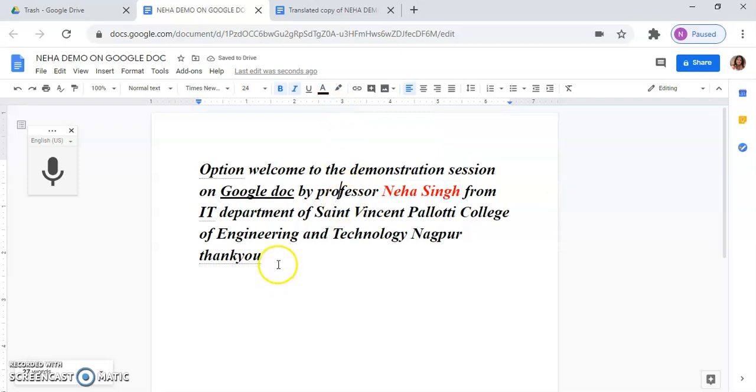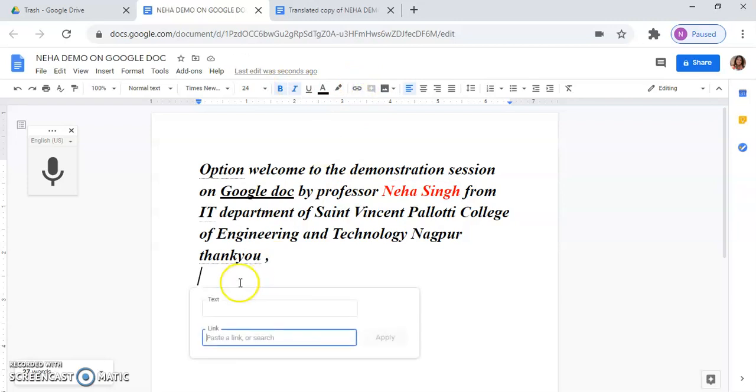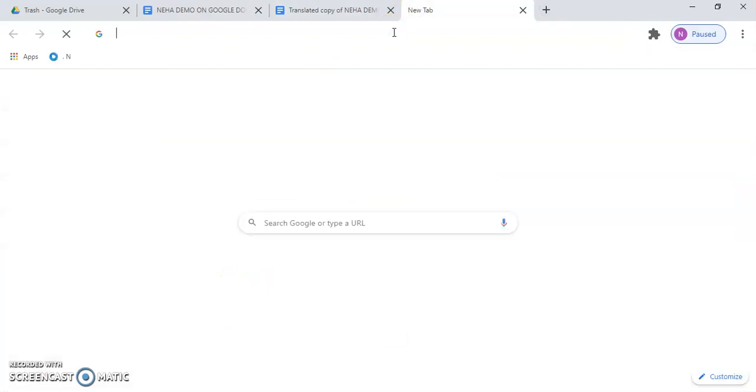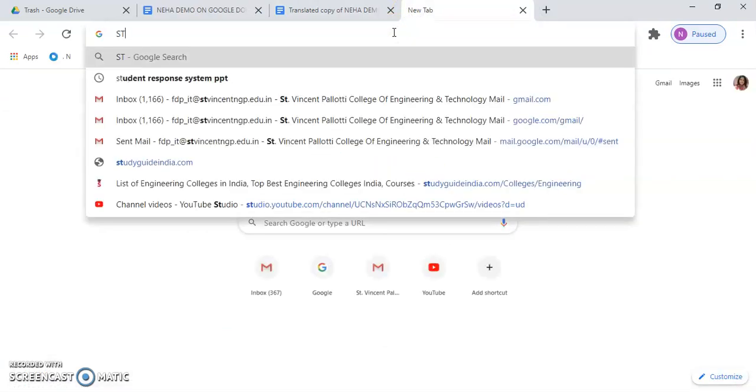If you want to insert a link, you can insert the link using this option. You can search it from the internet.